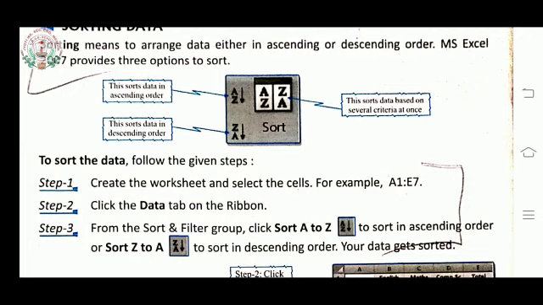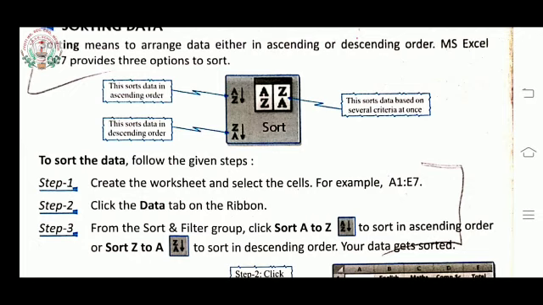A1 to E7 means you are dragging diagonally. A1 is the first column, then downwards it will be A7, that is column wise. And A1 to A7 is row wise. A1 to A, then B, up to E, and then dragging down to E7.